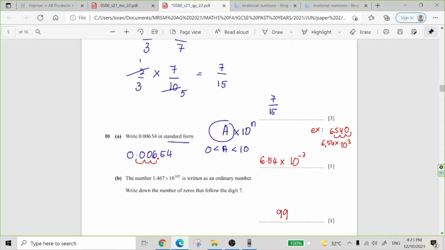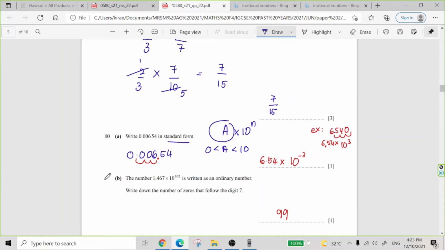Okay, next question, we go to question 10b. The number 1.467 times 10 to the power of 102 is written as an ordinary number. Write down the number of zeros that follow the digit 7. Okay, what does it mean here is